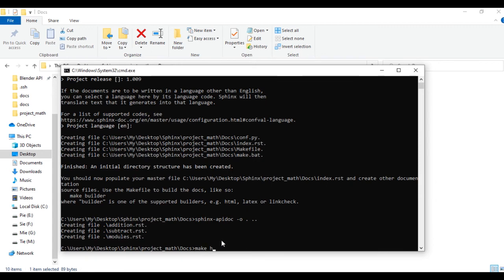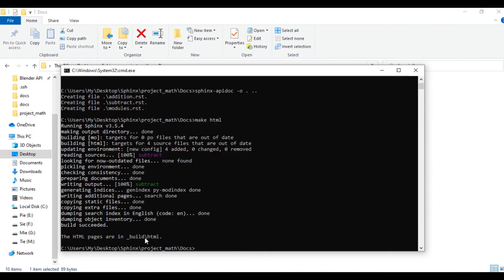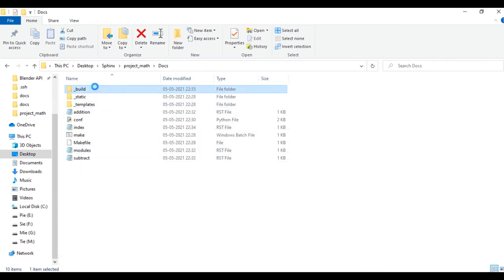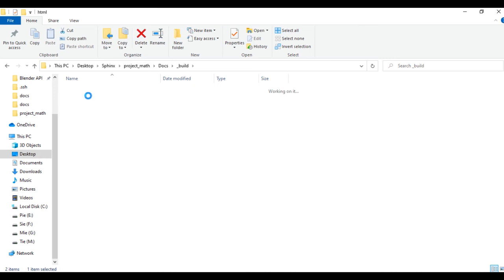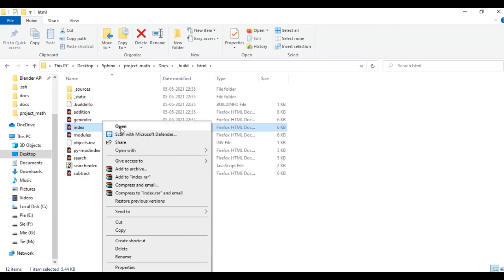The last step is to make HTML with the make html command. It will read through all those RST files, and our HTML is in build HTML. Okay, it has created build HTML, and open the index.html file.